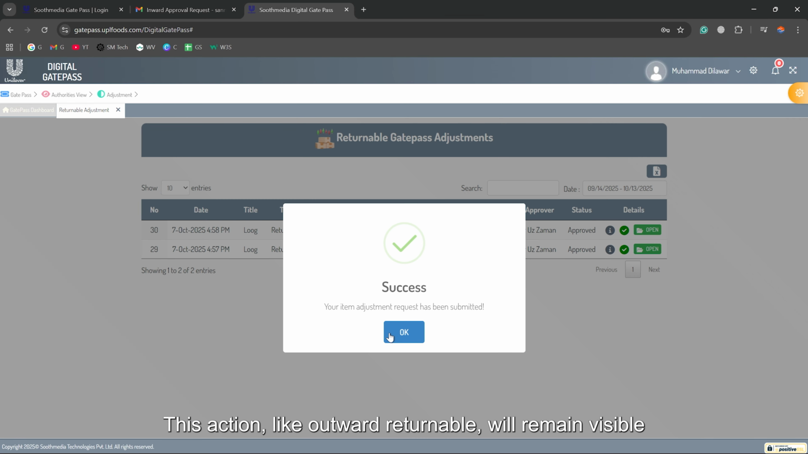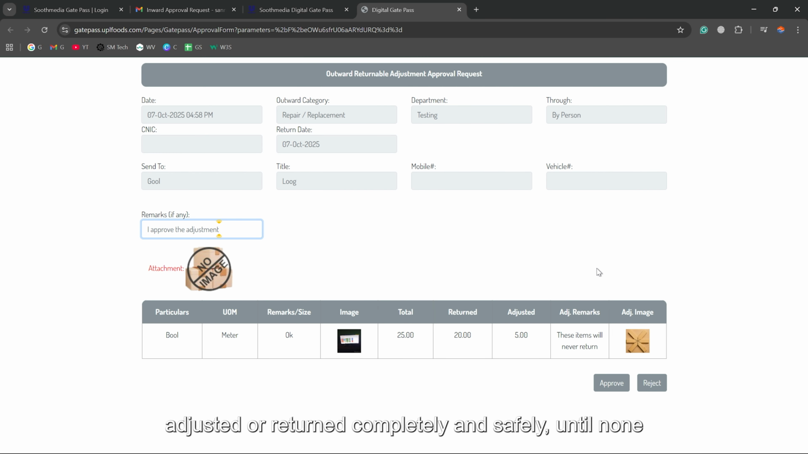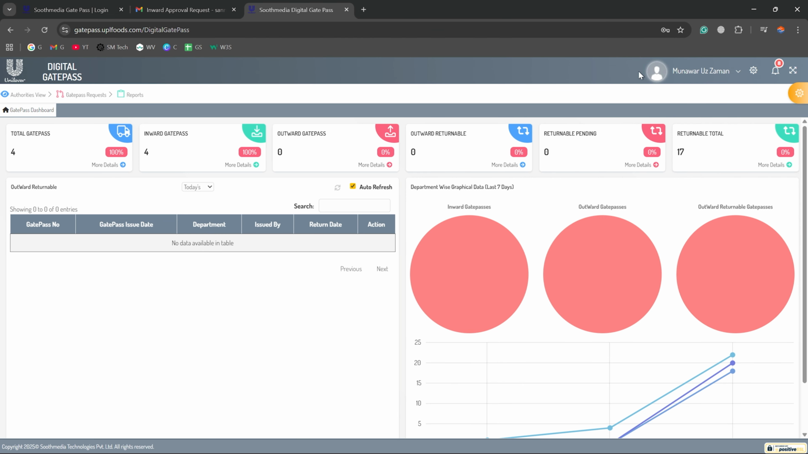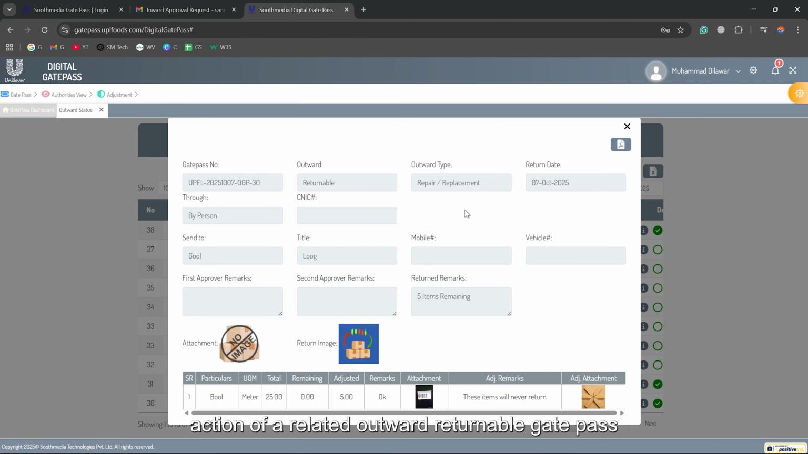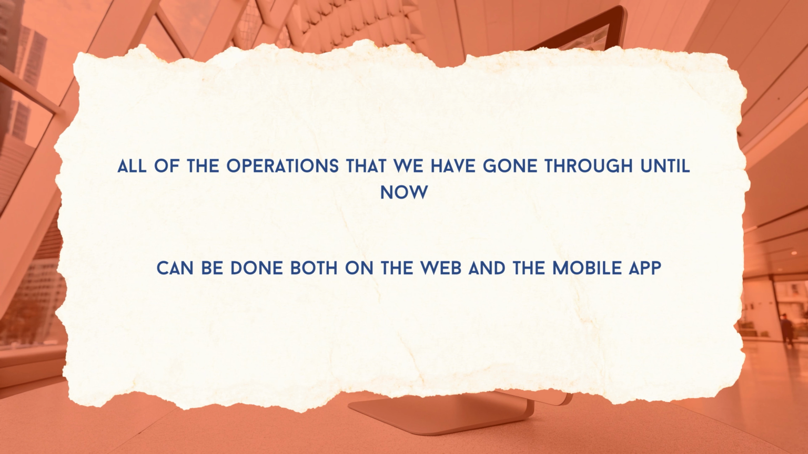This action, like outward returnable, will remain visible until all of the items have been either adjusted or returned completely and safely, until none remain. Only then will the outward returnable and adjustment action of a related outward returnable gate pass be closed. All of the operations that we have gone through until now can be done on both the web and the